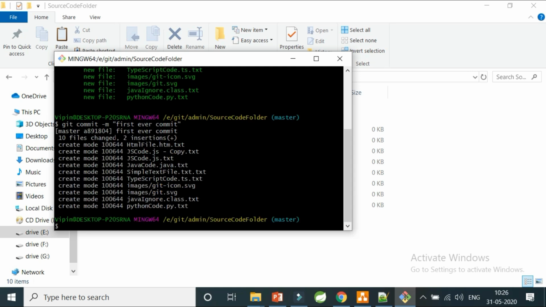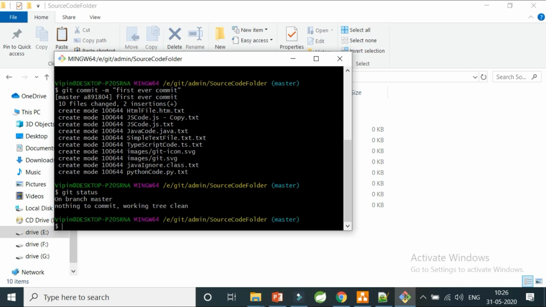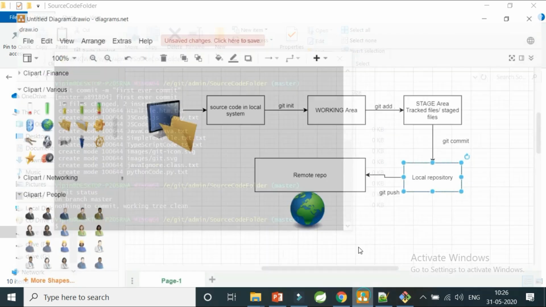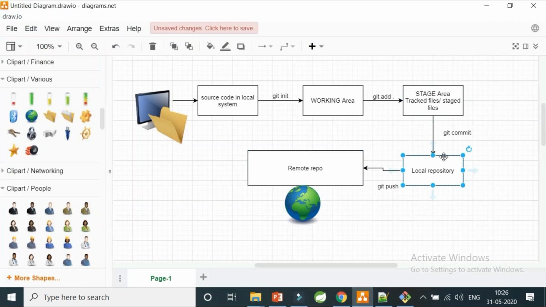It says 10 files changed, and now if I do git status, it will say nothing to commit, working area is clean. With this change, I have added all the staged files with the git add command into my local repository, and now it is all completed in the local part.